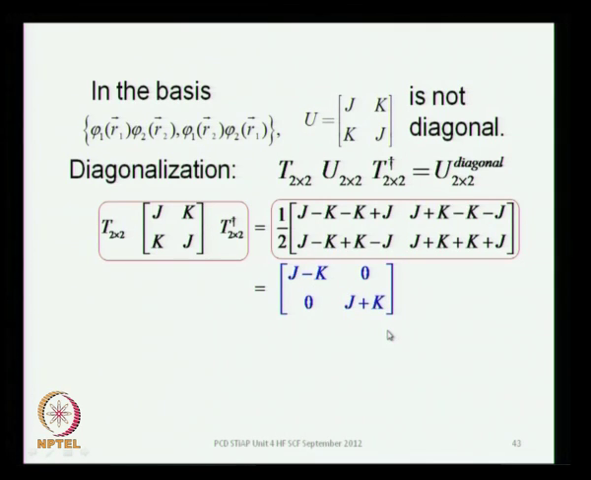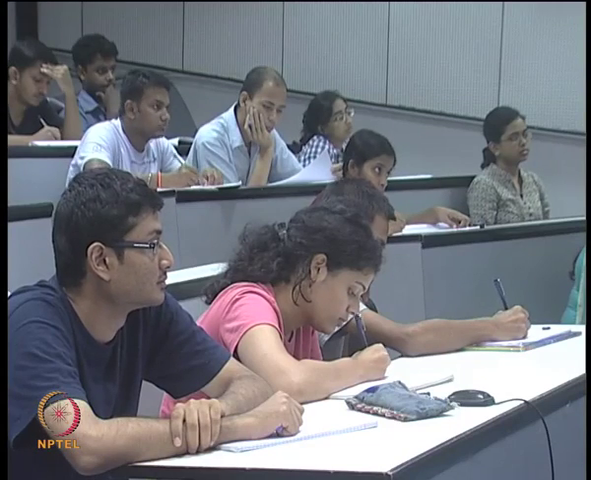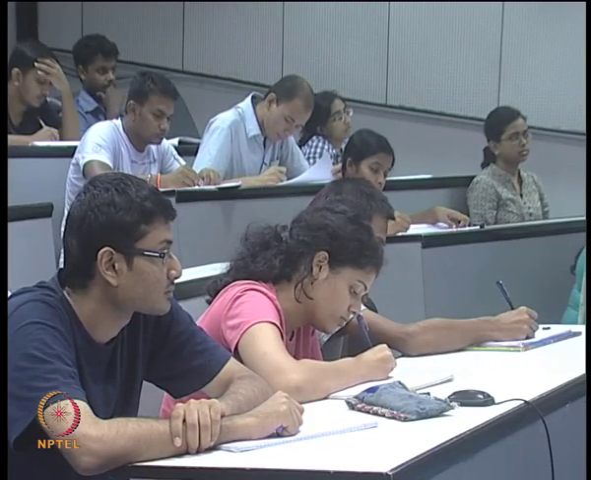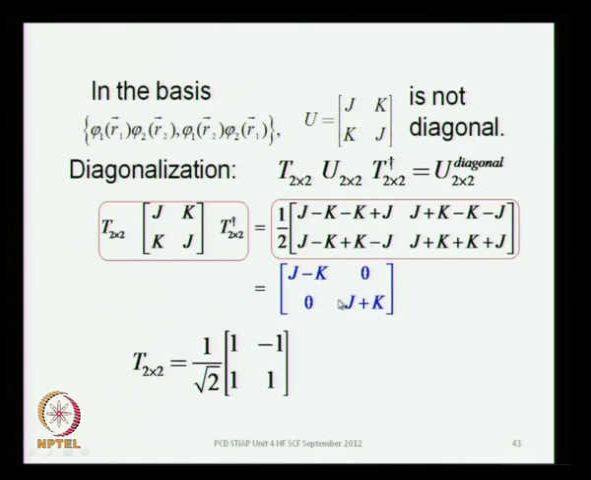So, these are the diagonal elements, okay, and these will give you the corresponding eigenvalues of the problem, and the matrix which diagonalizes the matrix j k k j is this 1 over root 2 times 1 minus 1 1 1. So, this is the matrix which diagonalizes the 2 by 2 Coulomb exchange matrix. Okay. Notice that these two differ, j minus k and j plus k. The difference in the energy would be twice k,